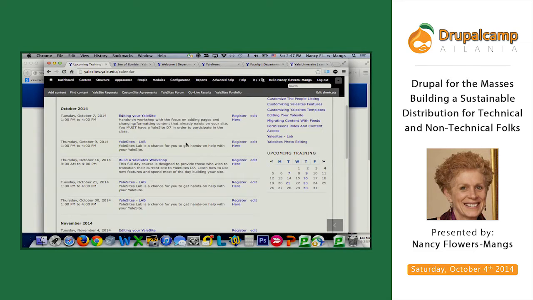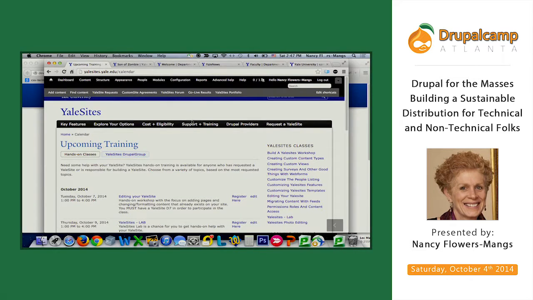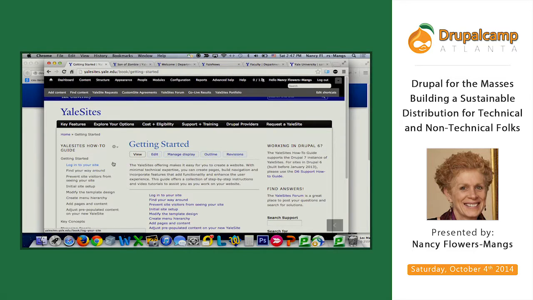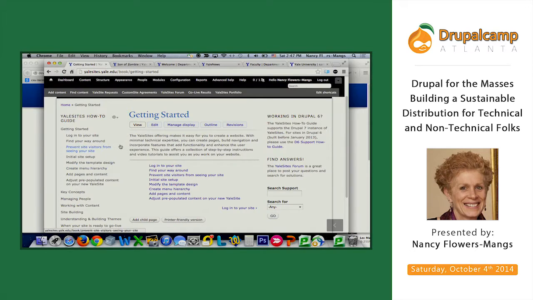What we use in training is the how-to guide. And this getting started is what we talk about in the Build the Yale Sites workshop. And mostly the focus is on just getting them used to the landscape, finding their way around, setting up that little menu block, which takes about 5 minutes, adding basic pages and adding pages to the features. And then